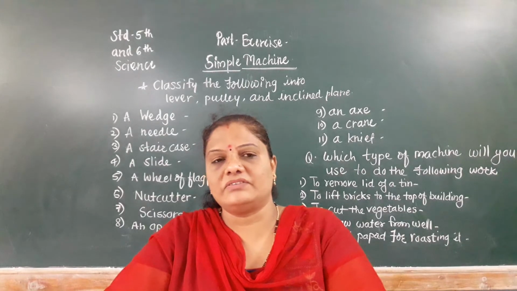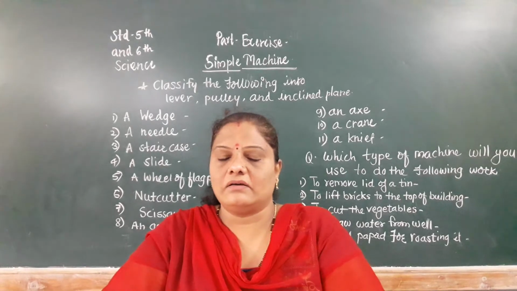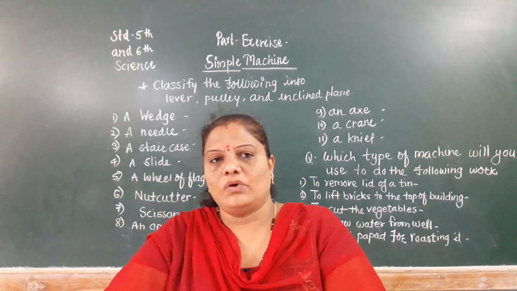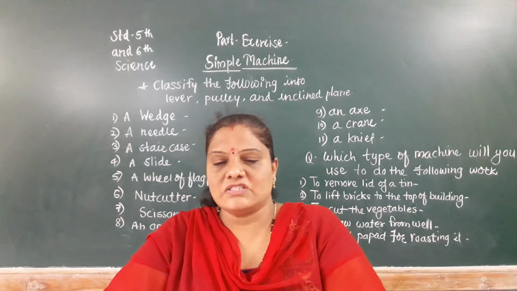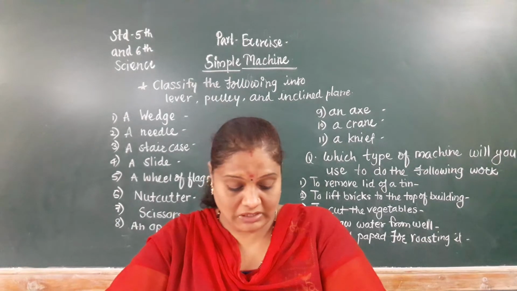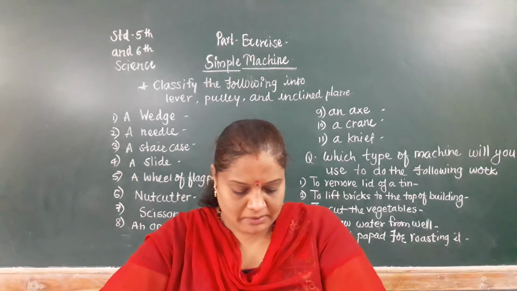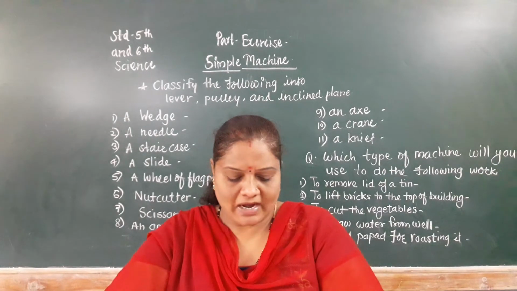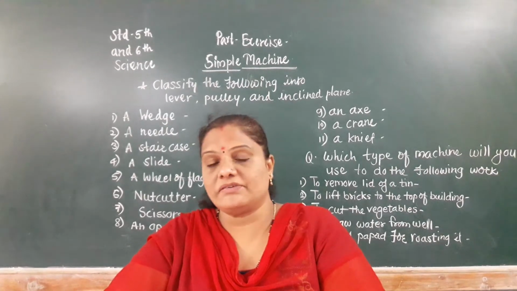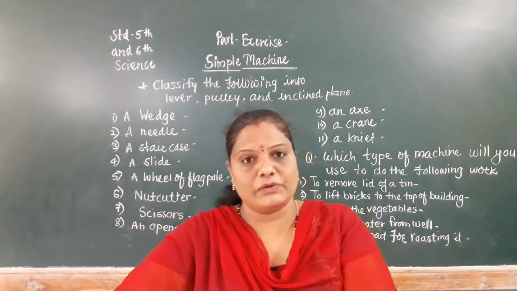A lever is of three types, and these types are based on the position of the fulcrum. What is meant by fulcrum? A support on which a load is applied to do the work is called a fulcrum. It means the support on which the rod of a lever rests is called the fulcrum of a lever. The lever rotates about the fulcrum.